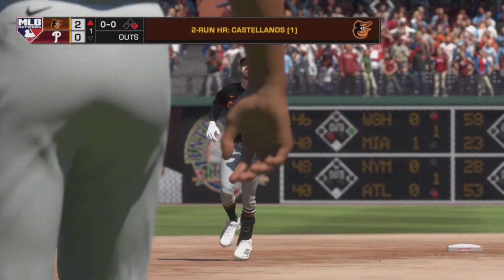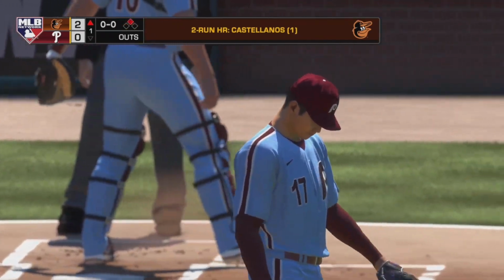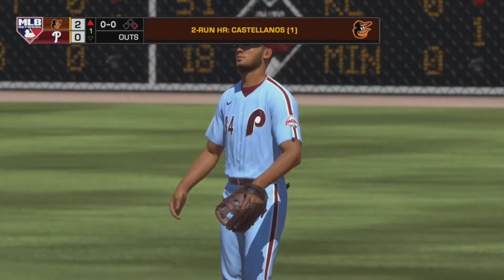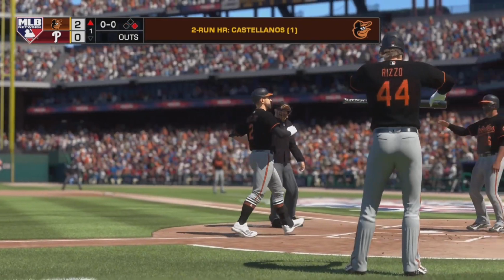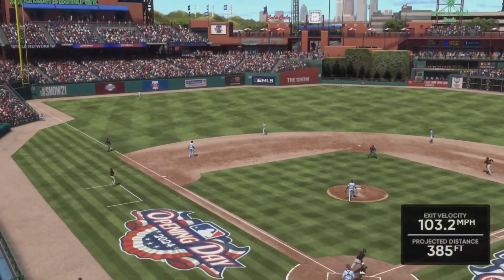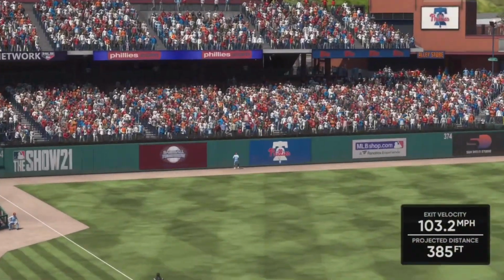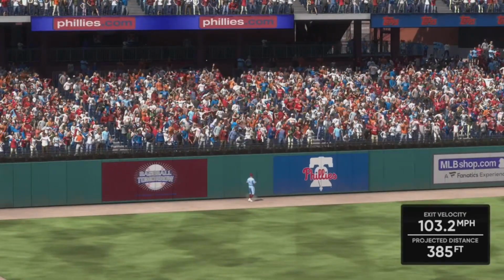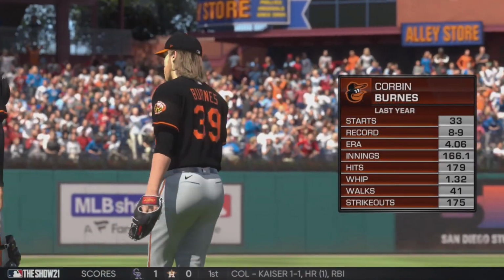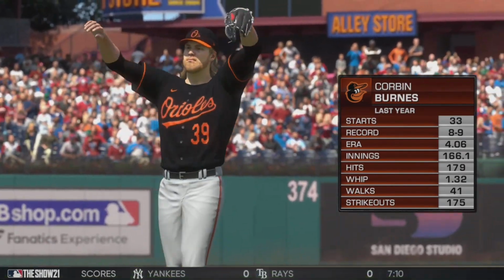It's a meme around the baseball community that whenever Castellanos hits a home run, something bad or tragic happens in the world. So what's it going to be today? Who knows? I guess we'll have to figure it out. Nonetheless, the Orioles will get on the board quickly. Nick Castellanos went deep 41 times last year for the LA Angels, and hopefully he can provide similar production with